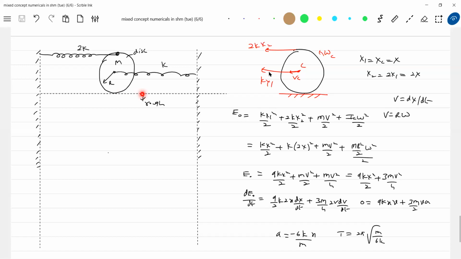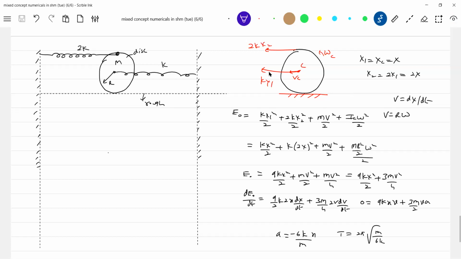So what you should do is like, this will be 2kx. Okay, 2k x2. x2 is again 2x1, so 4kx, and here kx will act. If a force acts at the highest point, the friction should act forward. If a force acts at the center of mass, friction should act backward. Now both the forces are acting, so you assume any one direction and solve it. If you get the direction of friction negative, you have to change it. Then get the expression for the friction here. But it will vary harmonically.